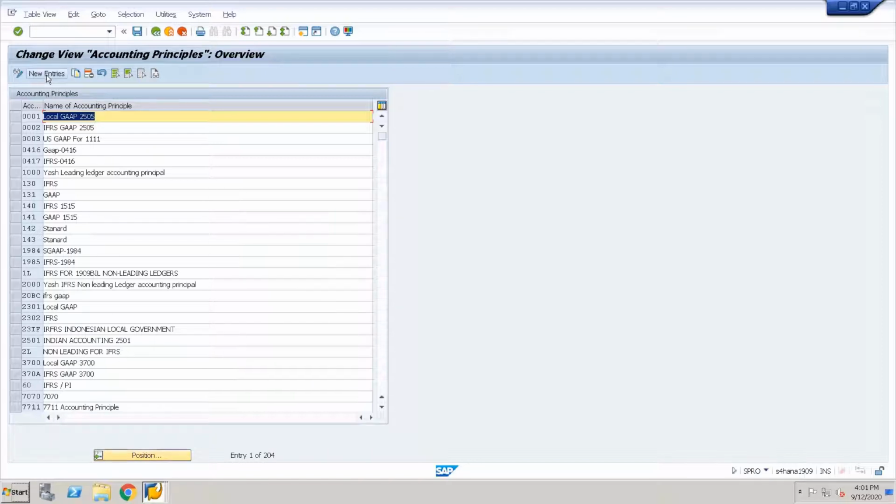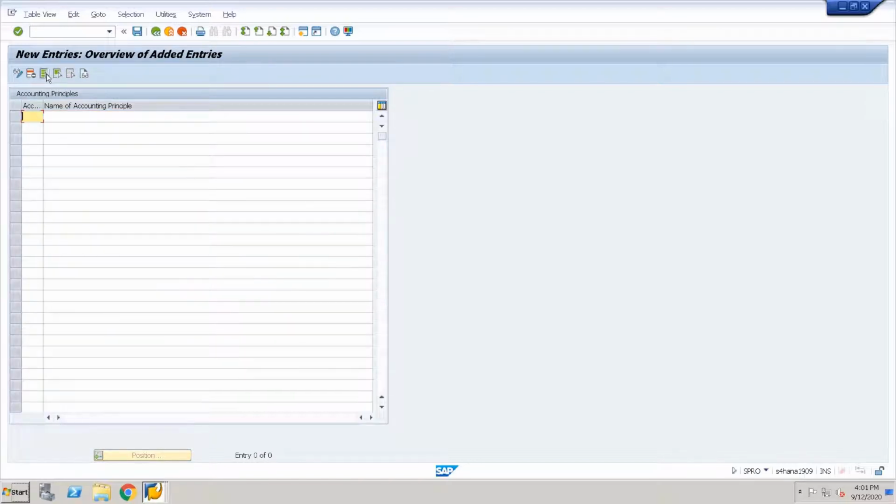So here I will define a new accounting principle. We will define as VP1, which is probably based on IFRS, and let us define a few more. This is US GAAP, maybe Europe GAAP.